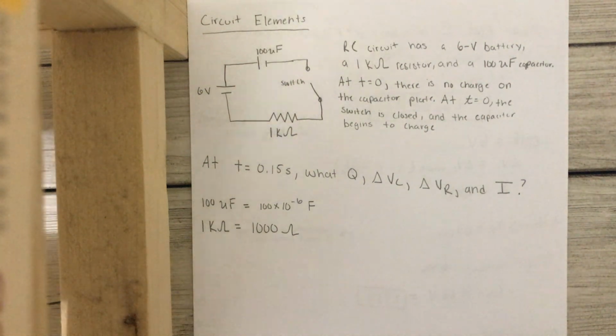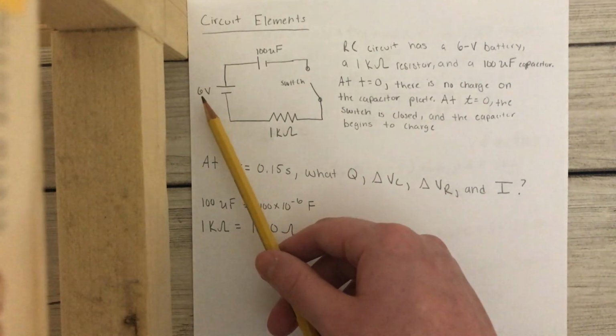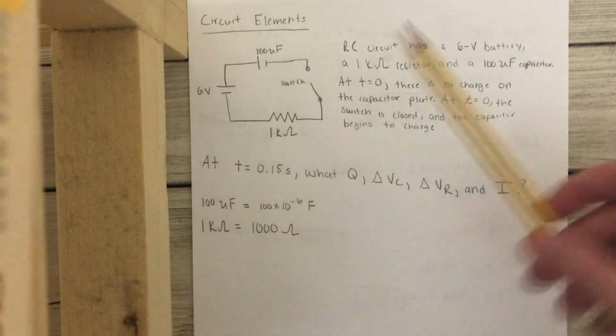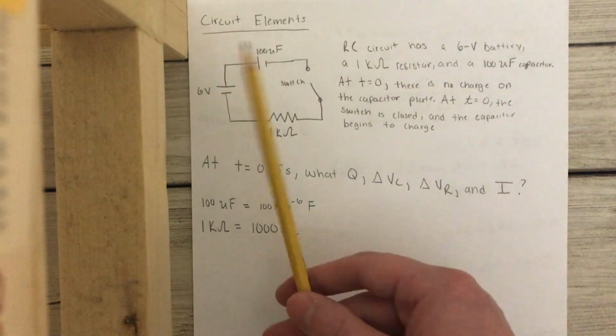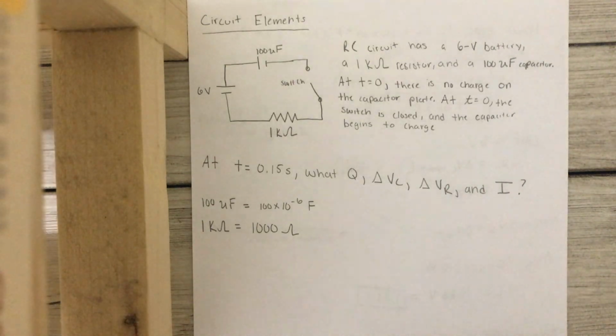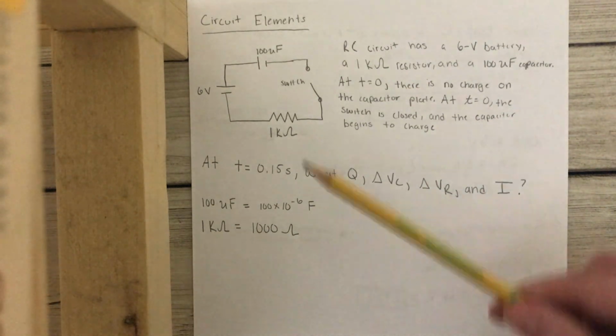Today we're going to be looking at circuit elements. So we have an RC circuit that has a 6-volt battery, a 1 kilo ohm resistor, a switch, and then a capacitor that has 100 microfarads. At time equals 0, there is no charge on the capacitor, but at time equals 0, the switch is